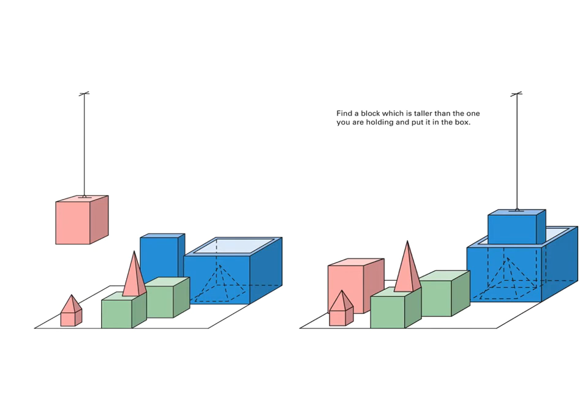So if I give SHRDLU the instruction, find a block which is taller than the one you are holding and put it in the box. Okay, so what is SHRDLU to do? On the left, we see that SHRDLU has this pink square, right? And it's going to determine, okay, I need to find a larger block, and it determines, oh, that's the blue one. Okay, I'm gonna put this box down wherever I can, go grab the blue box,